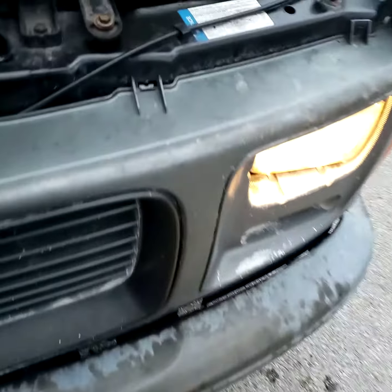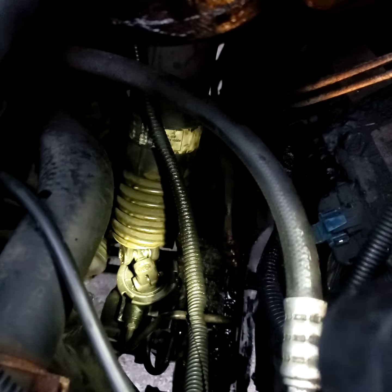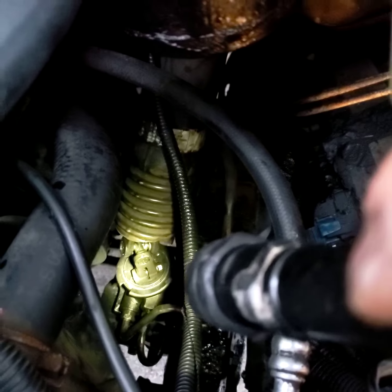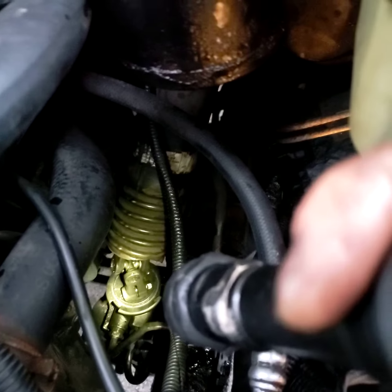G.I.A Automotive. This is part 2 of the gearbox that I installed. There's a new one. The last video where I left off, I was trying to get the steering wheel shaft off the gearbox,